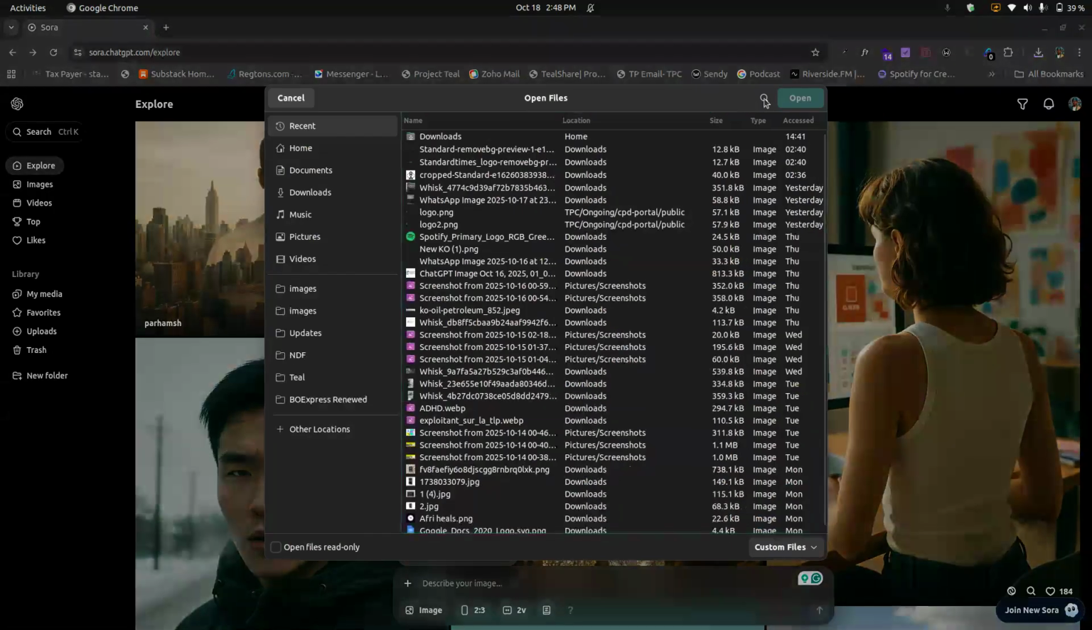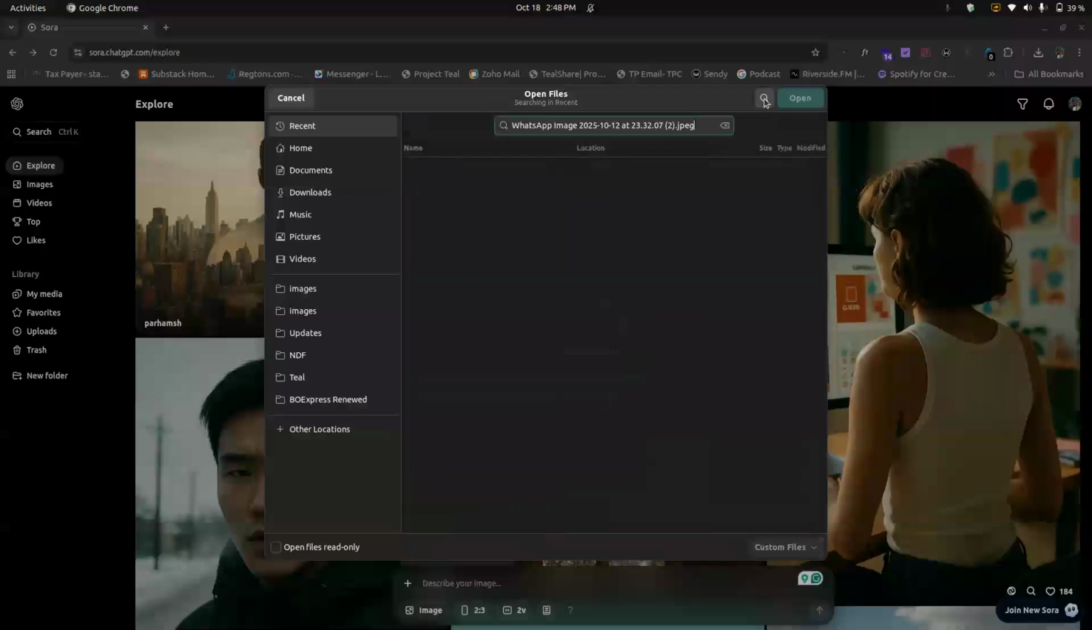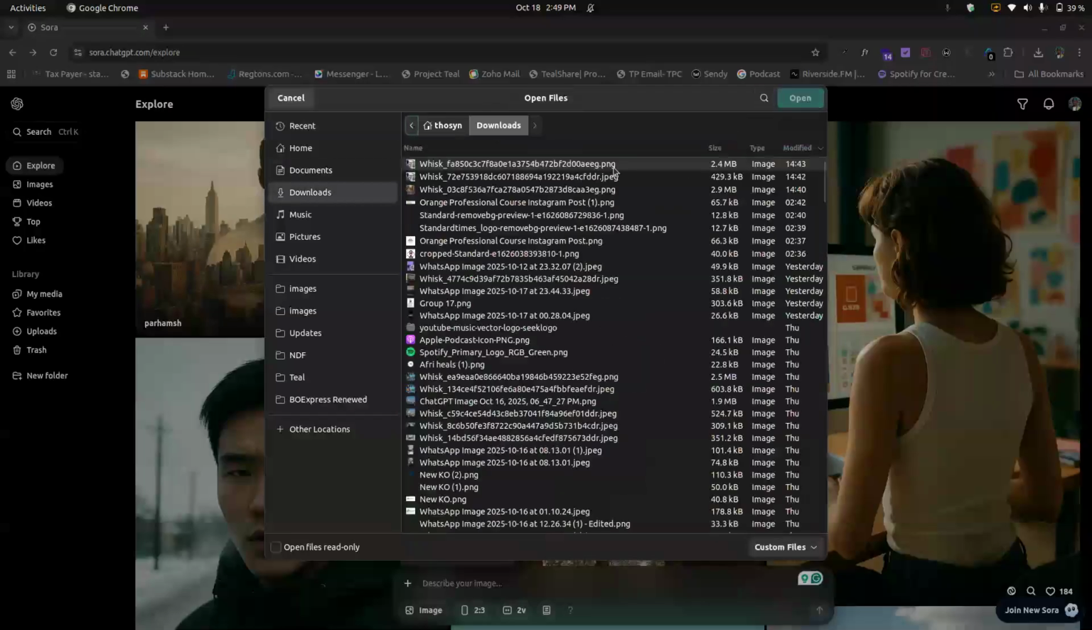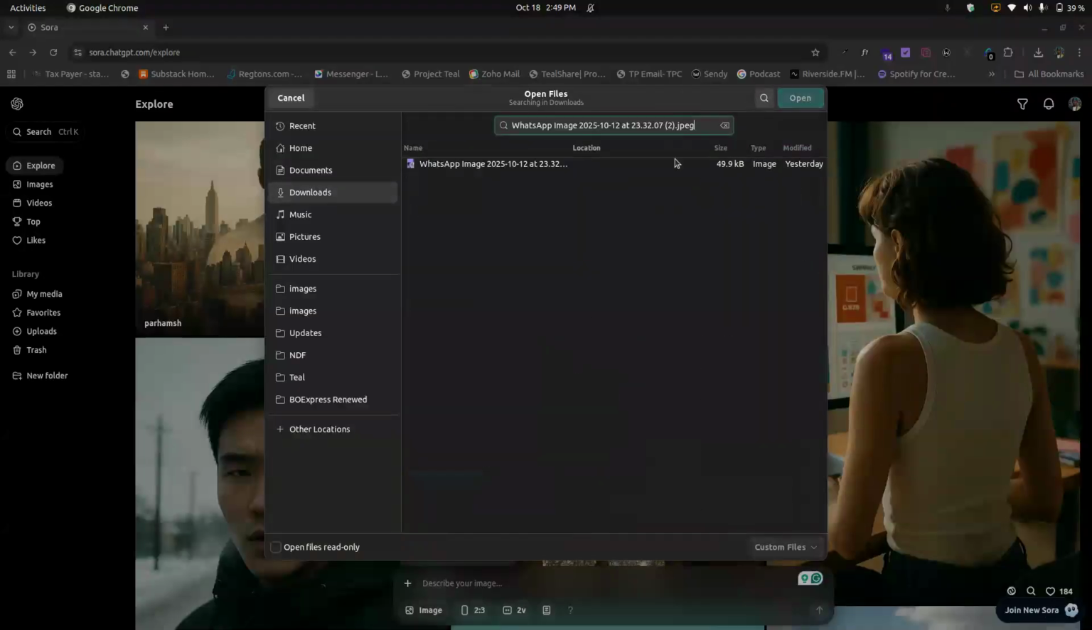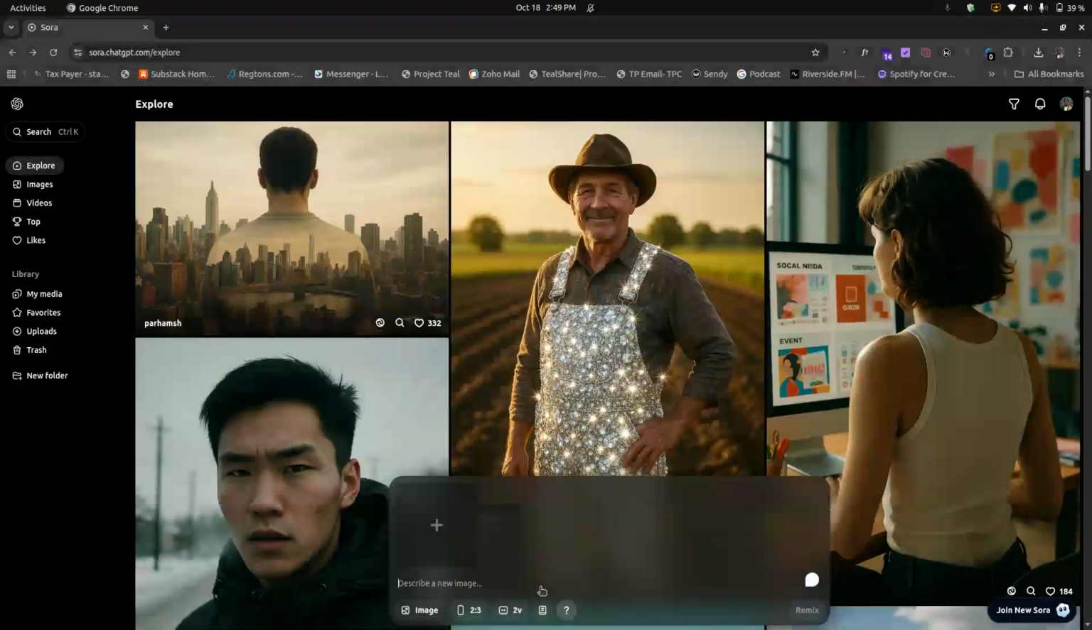Okay, so I don't know the name of my image. That is why I had to do it this way. Okay, so my image should be somewhere here. Good. So let's say we